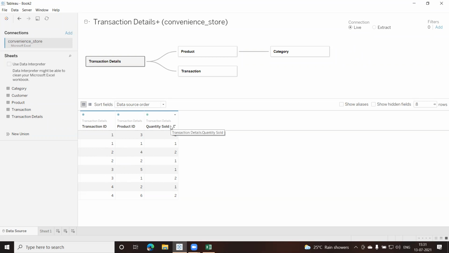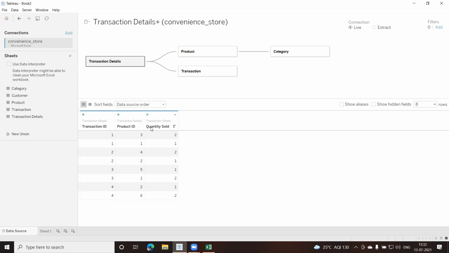Again, I'm repeating: whenever you have two master tables with a many to many relationship among them, remember a third table gets generated which will have the primary ID of the first master table and the primary ID of the second master table.